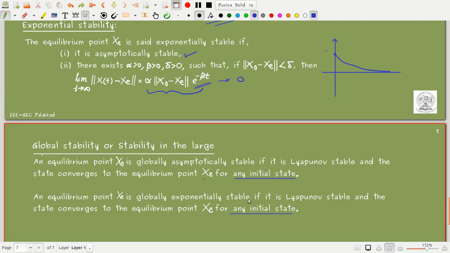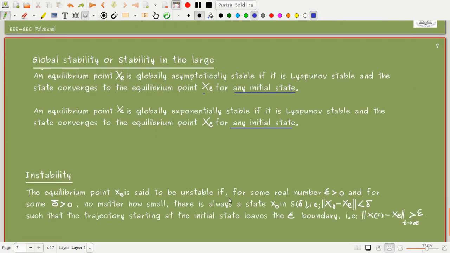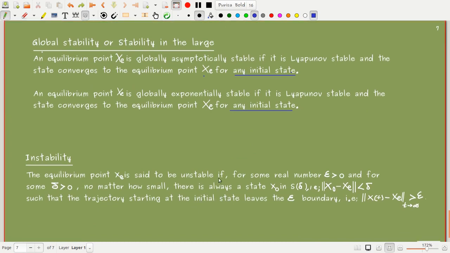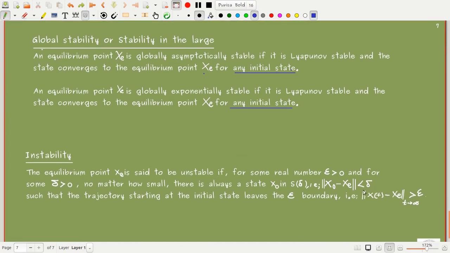So what about instability? The last point we are going to discuss is about the instability case. When it goes out of this, I need not discuss here. That means I should be able to give some x0 showing that the x0 is going out of the epsilon ball. If these conditions are not true, then the system is unstable. So this is the definition for the instability condition. So this is about the stability of nonlinear systems in the sense of Lyapunov.